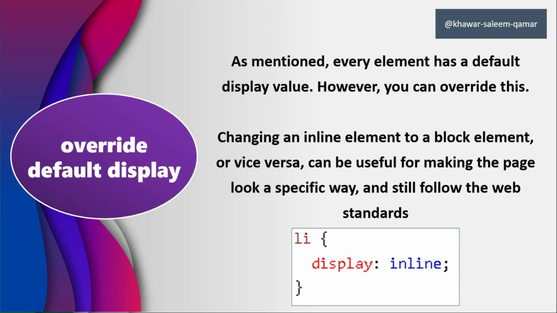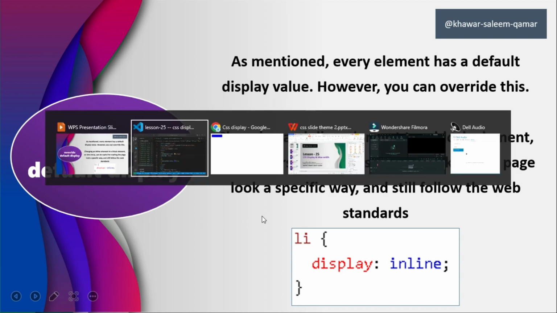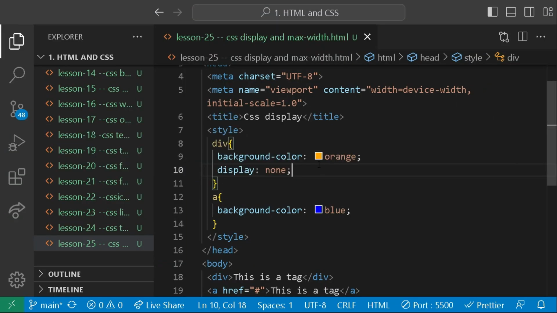By using this property we can display our page the way we want, without ruining the web standard that we should follow, by personalizing it according to our needs. Now if I remove this display none and comment it out,